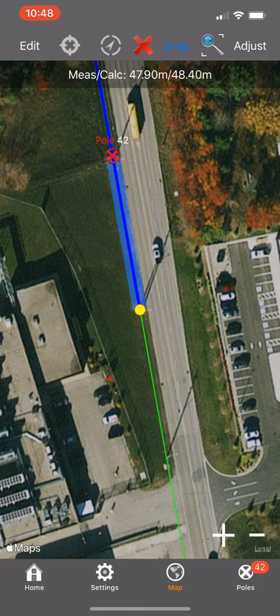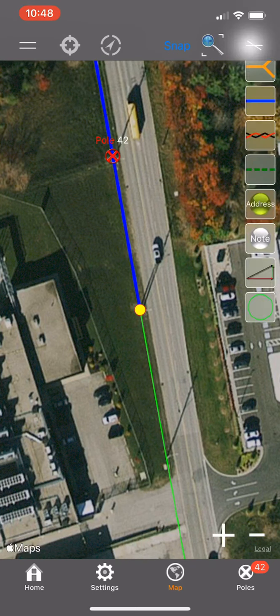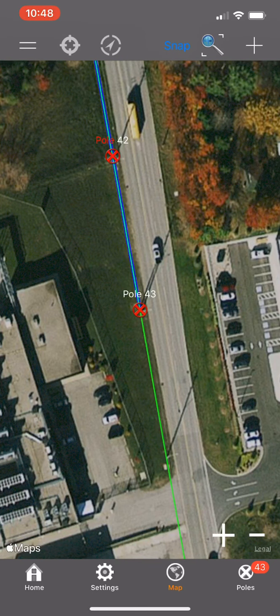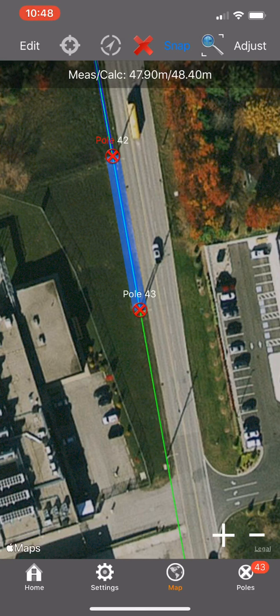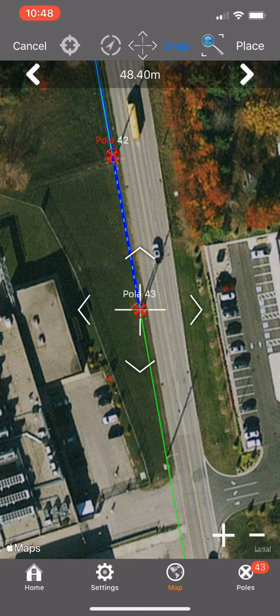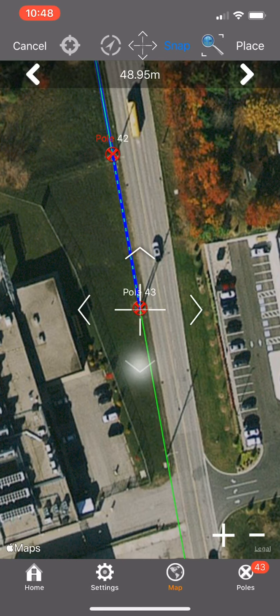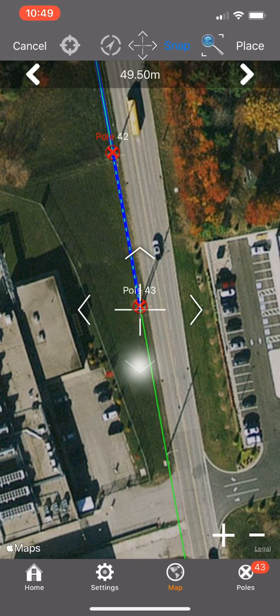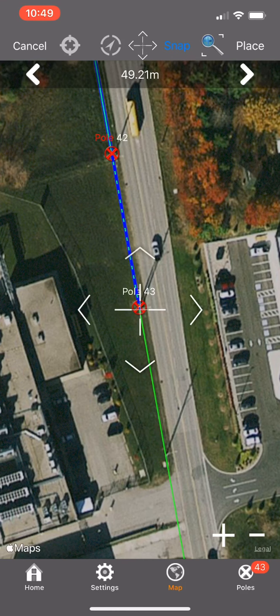Now let's place a pole. Let's say that we wanted to adjust that span slightly because when we measured it, it was 47.9 and we put a digital length of 48.4, so let's try and match them up. You would just select adjust from either the span being selected or the pole. If the span's selected, notice that the measurement at the top changes as you use these fine-tune